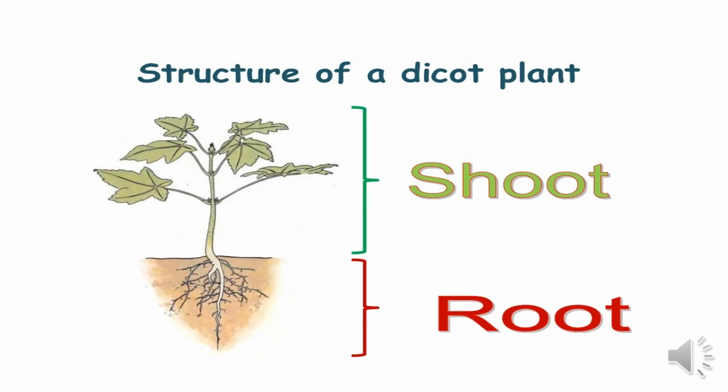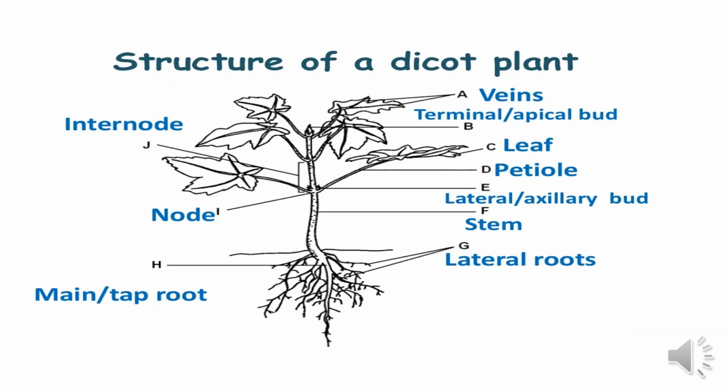So this is the structure of a dicot plant. You can see the upper portion is the shoot portion, which consists of the branching and the stem, while the lower portion is the root portion. And this is the explained diagram. We discussed it earlier. What is mentioned over here is that the plant consists of the root, stem, node portion from which the leaves arise, internode portion, and the leaves have a number of veins which are comprised of vascular bundles.